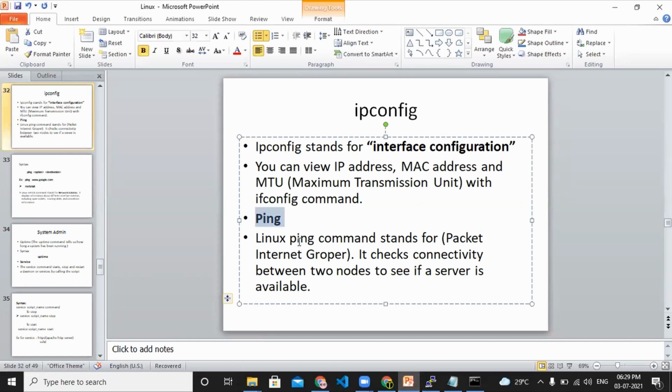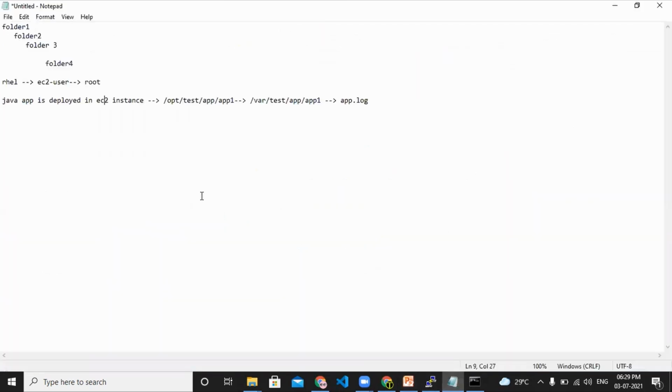If you have multiple machines, say we have 10 machines, machine 1 to machine 10, and you want to establish a connection.